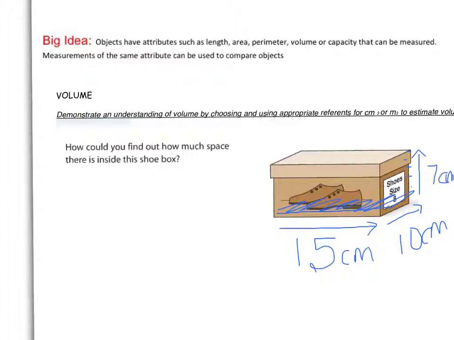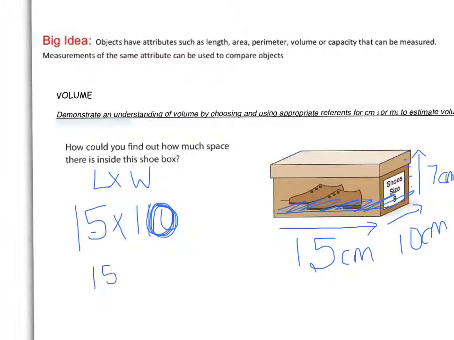First, I need to find out my bottom layer, which would be the area. So 15 times 10, or length times width. 1 times 15 is 15. We add the 0, so that's 150. I now need to multiply by my height, which is 7, because I've got 7 layers of 150. So I'm multiplying by 7, which is multiplying by my height. 150 times 7, I'll probably have to punch into my calculator. And 150 times 7 is